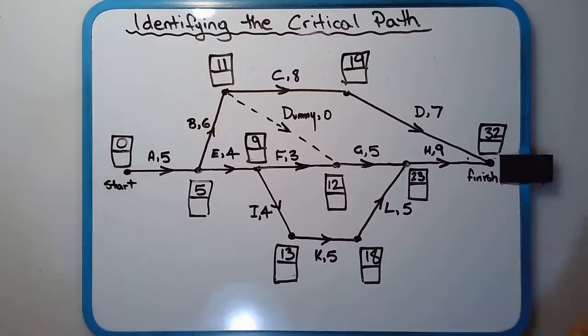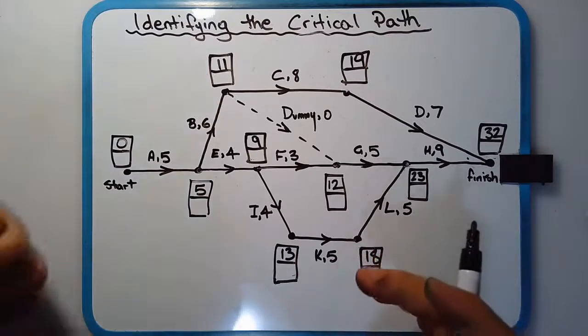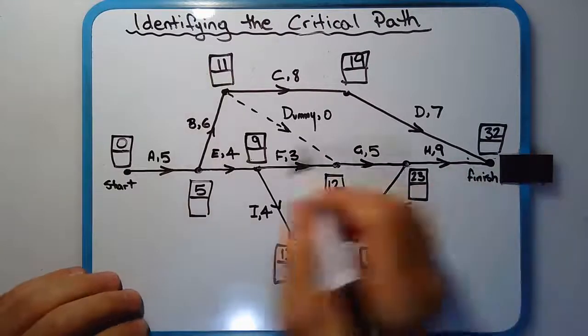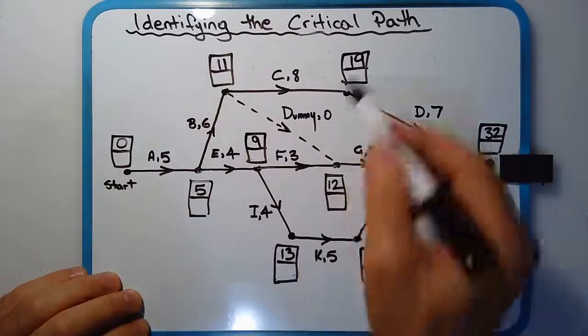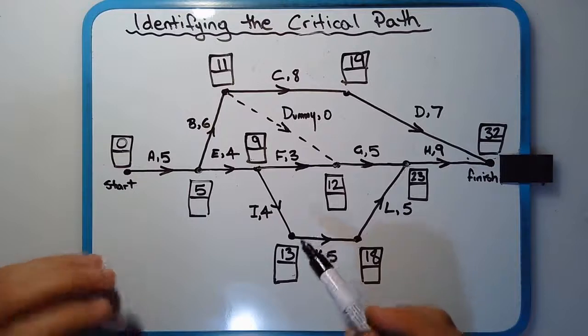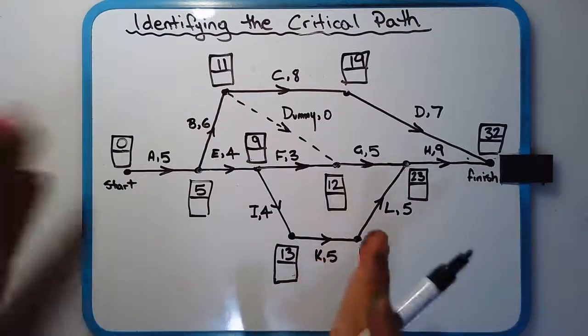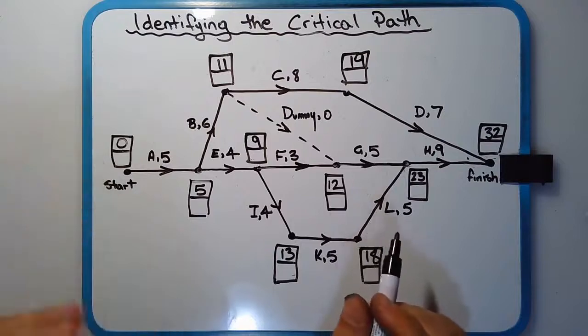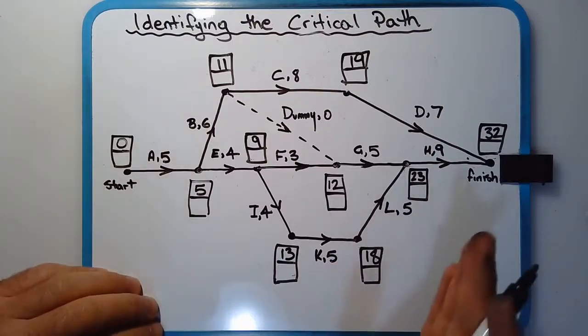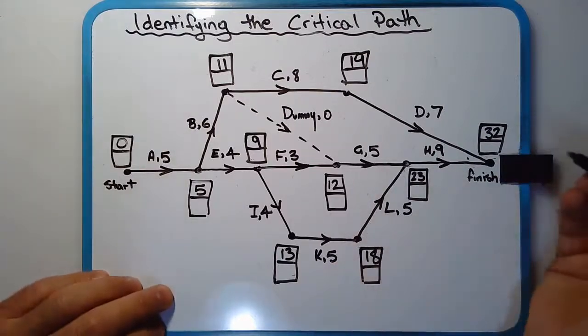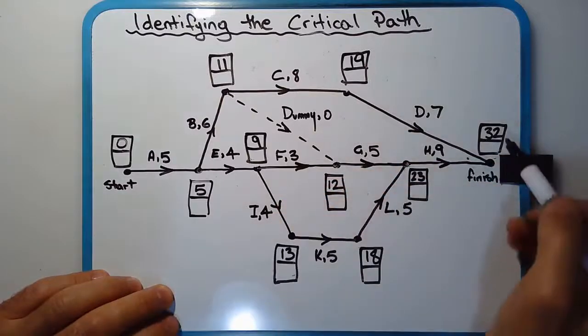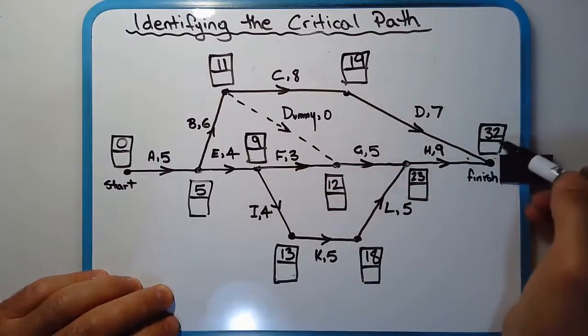Now we're going to do the backward scanning to determine what the latest start time, the LST, is of each of the activities. And then finally, we're going to identify which of these activities have basically no float time, no leeway. There's the critical activities that must start and end at a particular time. So going backwards, we're just going to reverse the procedure now. So 32